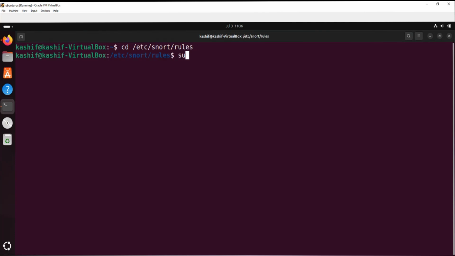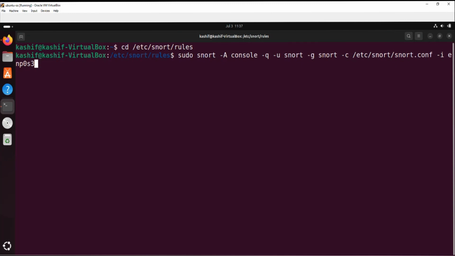After this I simply start Snort. This is the command we are using to start the Snort intrusion detection system,